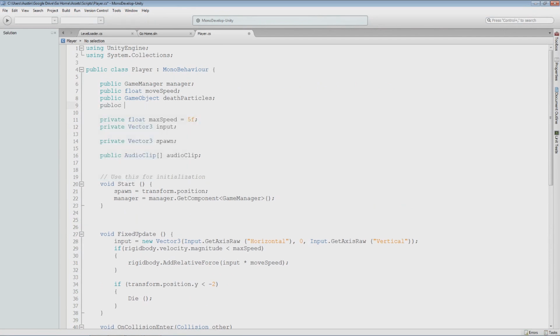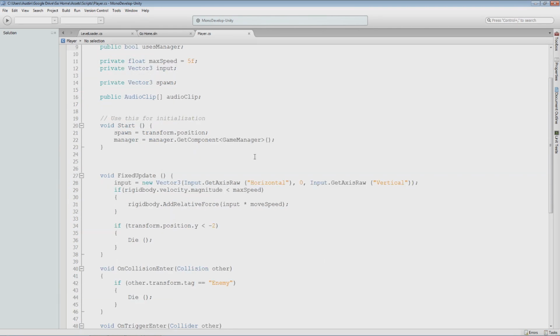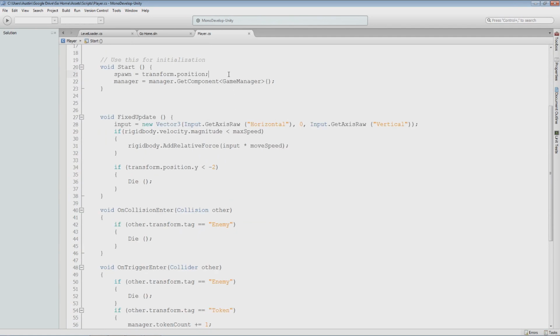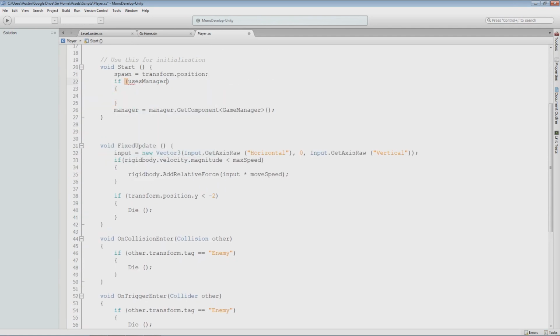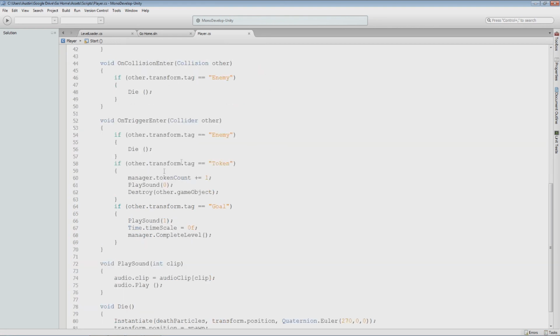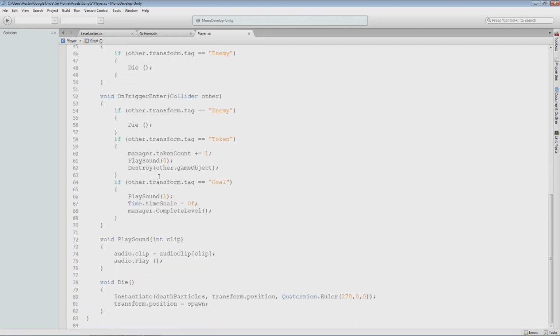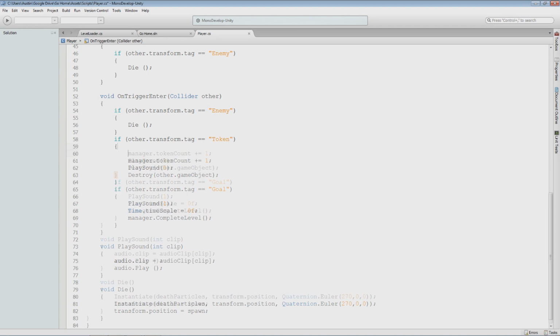So we'll do a public bool uses manager, and we can set this to false for all the levels that do not need the manager, and all the levels being pretty much for now the world select level, but it'll work for now. So I'll do an if uses manager. If it uses the manager, then we need a reference to the manager. We also need to make sure that anything that makes a call to the manager, which seems to be just right here,